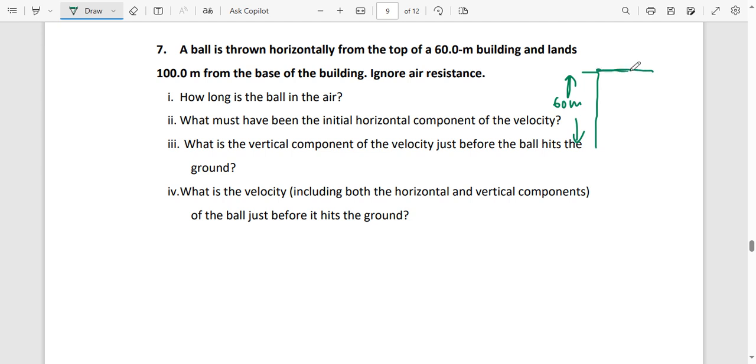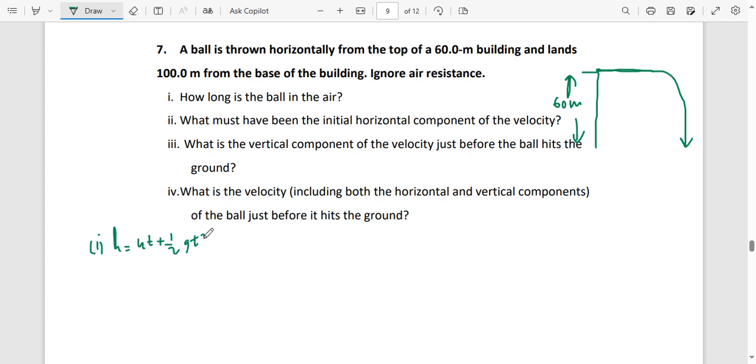So when you throw a ball like this, of course there'll be a point where it will start dropping. But initially it was thrown horizontally. How long is the ball in the air? So we want to find the time of flight. That's part one. So we can say height is equal to ut plus half